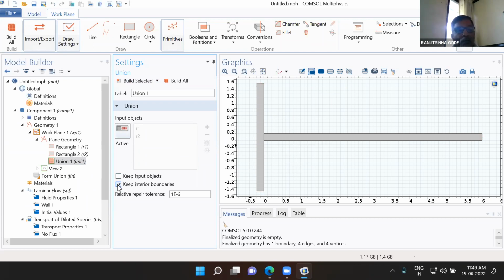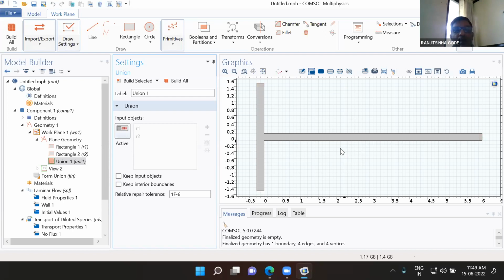So you can click here to unselect it, and then again click here build selected, then you can see the union. Now our two-dimensional figure or whatever design of the micromixer for sample dimensions we have drawn in the